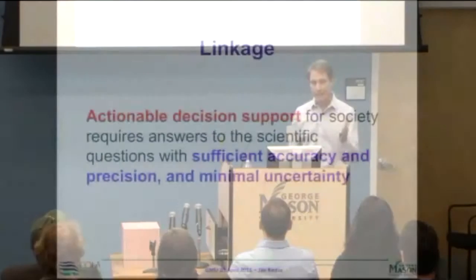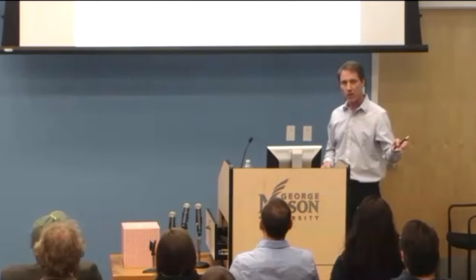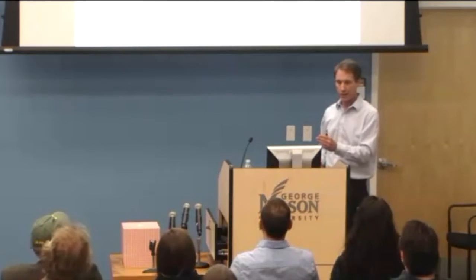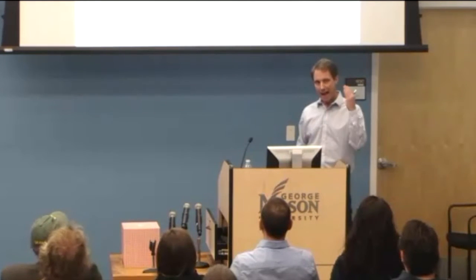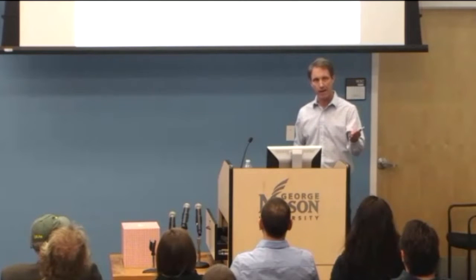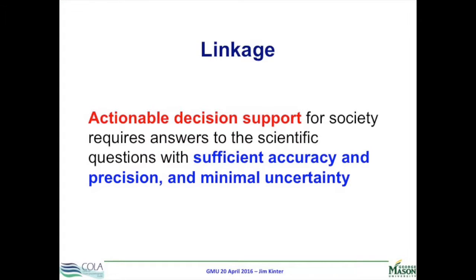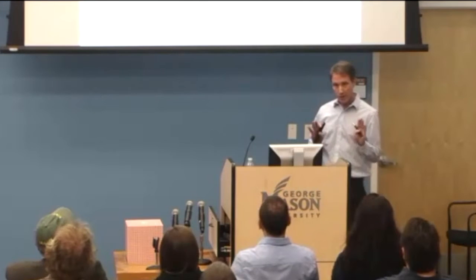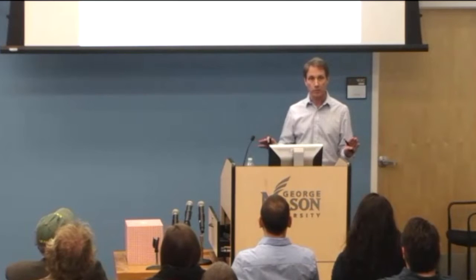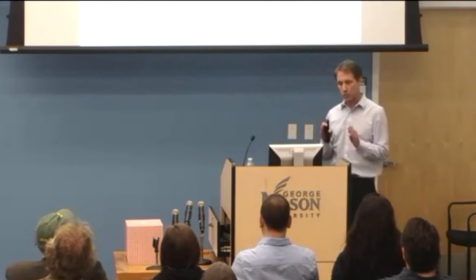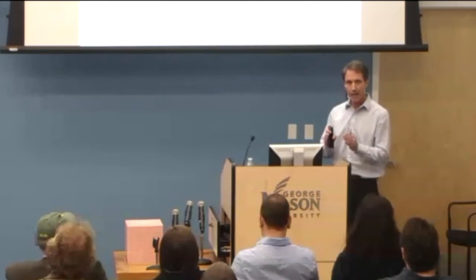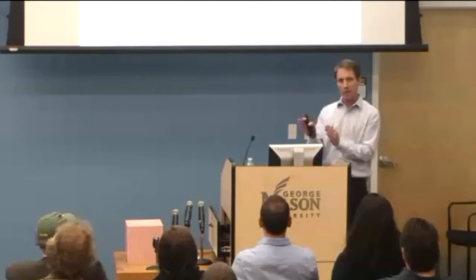So there's a linkage between those scientific questions and those decision issues. And that linkage is that in order to take action on a decision that matters to us, we have to have accurate, precise, and low uncertainty information about the climate system, which we hope to get from climate models. There is a fundamental tension, however, which is that in order to get the sort of information that's actionable, it has to be local. And I'll explain what I mean by that in a minute.